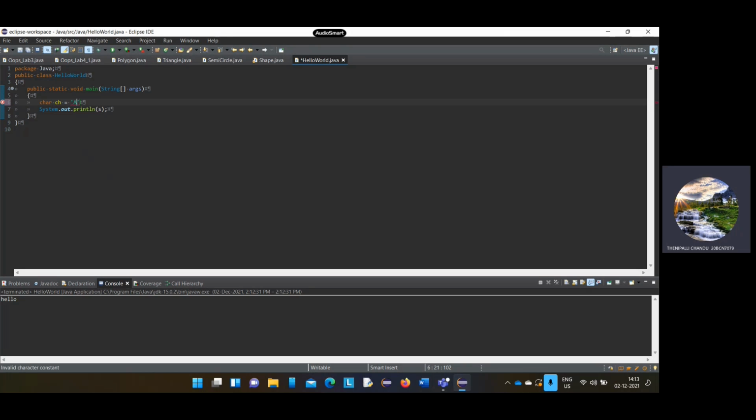See here, I have given the character a only, and here I have given ch. Ch is used for initialization. Here I will give ch. Then you can see the output. Oh sorry, I forgot to mention the semicolon. Now we will see. Yeah, we got a. A is the output.